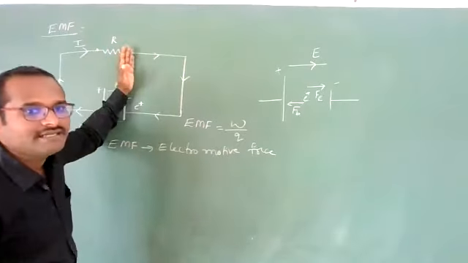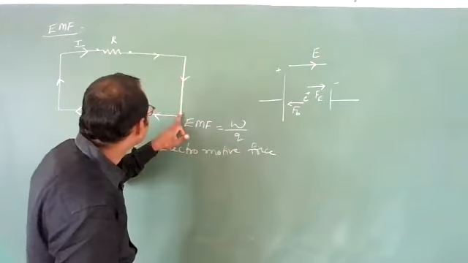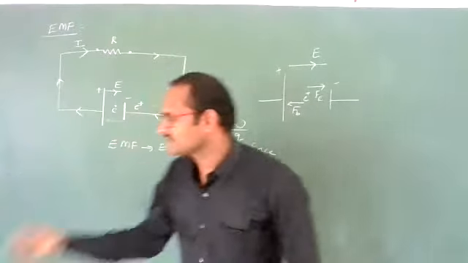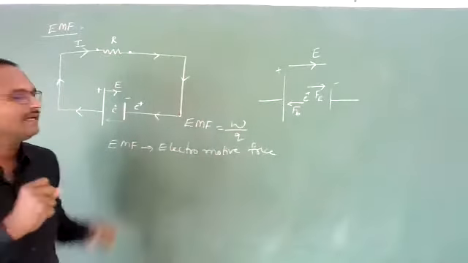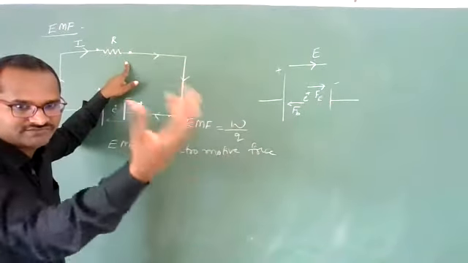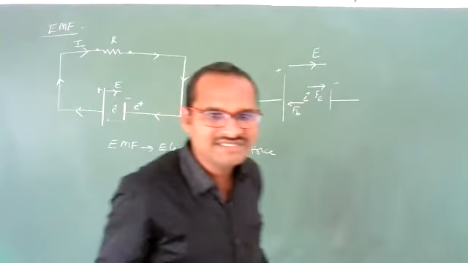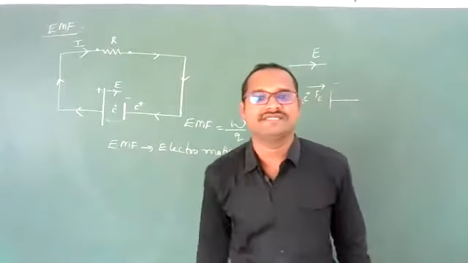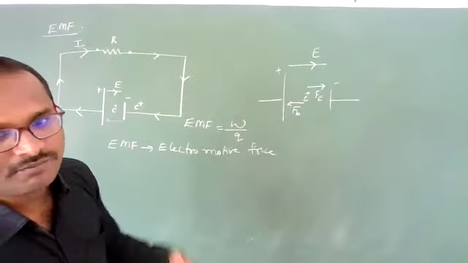Now after crossing this, it will lose all its energy, and with no energy, it will flow through this conducting wire. Again, it will come here, and again it will ask the battery for energy. The battery again will give energy to that charge particle. Again, the charge particle will go through this resistor, and that energy will be given to the load resistor, maybe a fan, TV, anything, and again it will flow back. So in this way, this battery will provide energy to the charge particle. It is a source of energy. The battery is a source of energy. It will give energy to the moving charge particle. It will not produce charges.